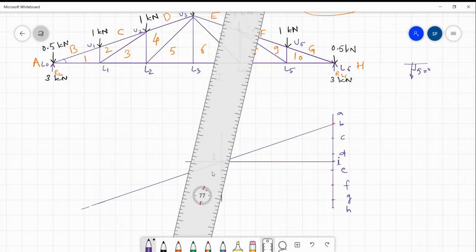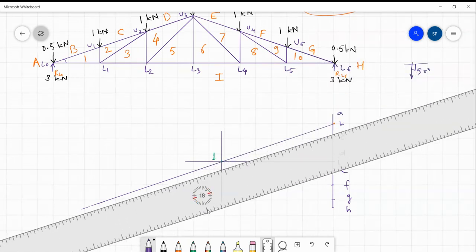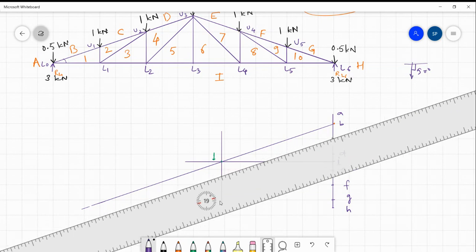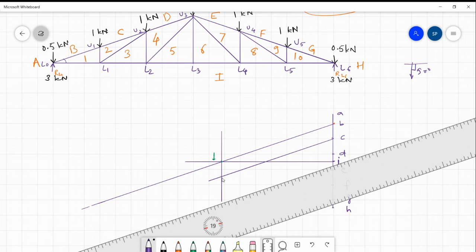So once again, I will make a line parallel to U1, U2, and then plot this line from C, because the reference point is C and U1, U2 is the member. So the direction will be similar to U1, U2. Either you measure this angle with the horizontal, which will be similar to the angle made by L0, U1, so I will draw a line parallel to that. Now wherever these two lines are cutting, friends, this is my point number 2. So this intersection point is nothing but point 2.